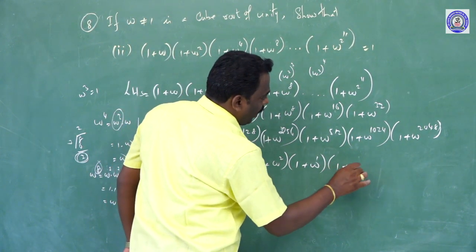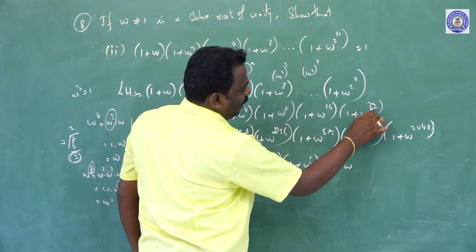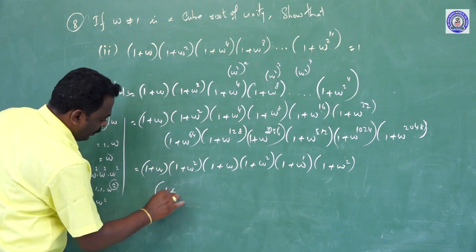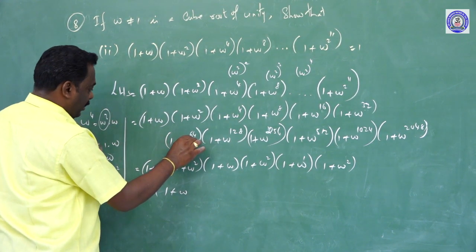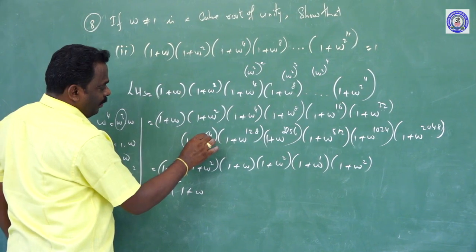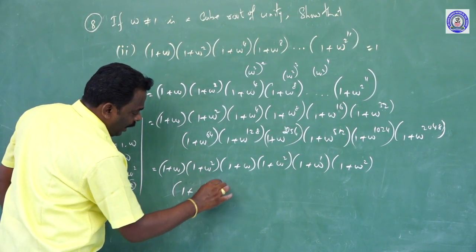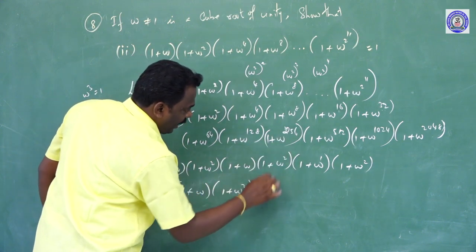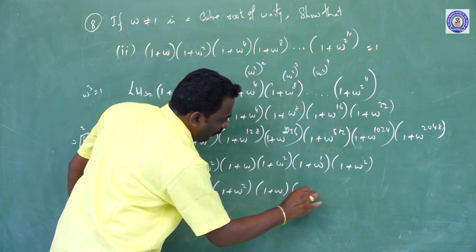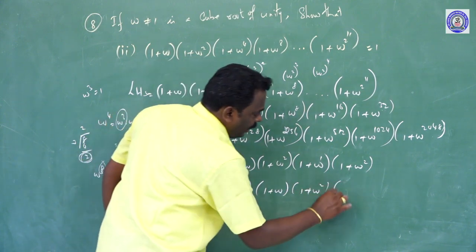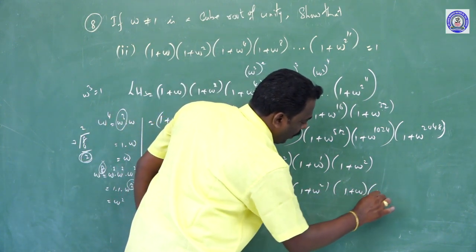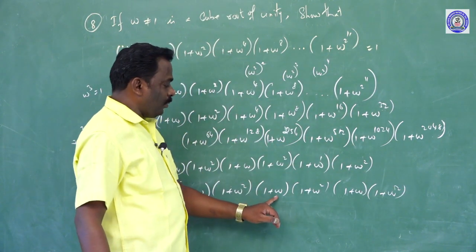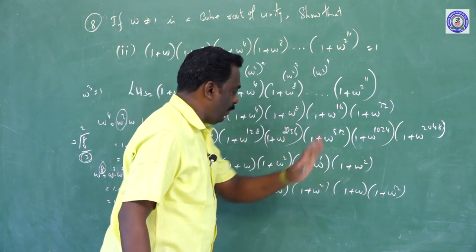And for the next term, divided by 3, 10 times, 30, remainder 2 is remaining. And then for the next, divided by 3, the remainder is 1. Again we cancel and it will come ω^2. Then (1 + ω) will come, then (1 + ω^2), then (1 + ω), then the last term (1 + ω^2). If you cancel by the three table, the powers we get are (1 + ω), (1 + ω^2), (1 + ω), (1 + ω^2).